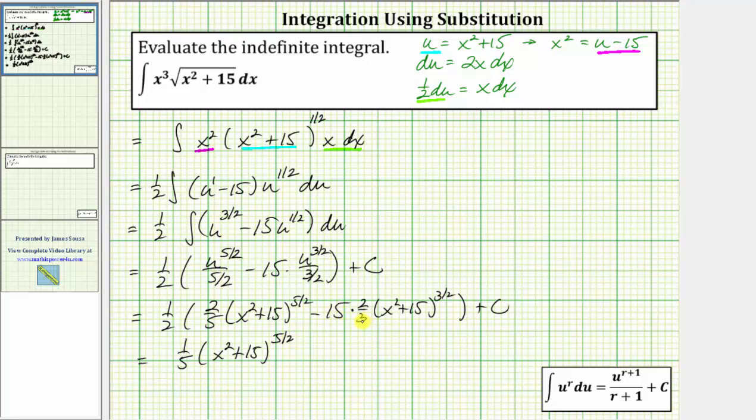We have 1/5 times the quantity x squared plus 15 raised to the 5/2. So let's simplify before multiplying here. There's 1 3 and 3 and 5 3s and 15. This is 5 times 2, which is 10. 1/2 times 10 is 5. So we have minus 5 times the quantity x squared plus 15 raised to 3/2 plus c. So typically, I would leave the antiderivative in this form here,